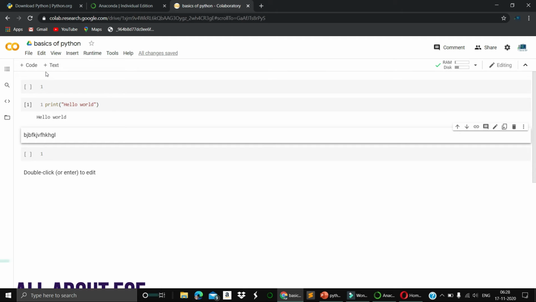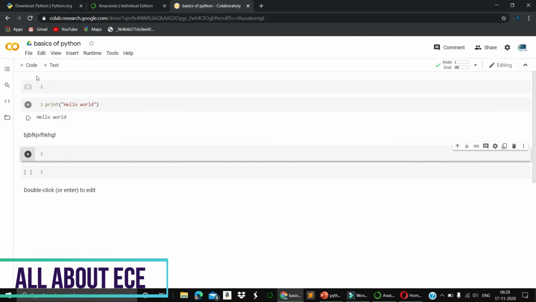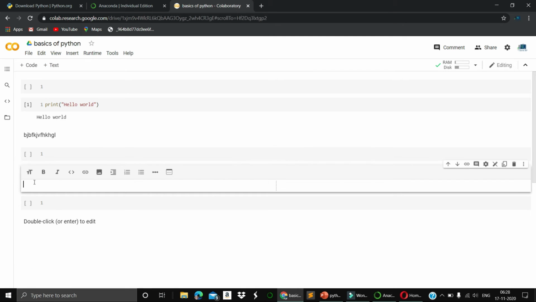You can code here itself, as well as write notes here itself. The same feature is in Jupyter Notebook also, but that is more efficient than this one. This is also very good.